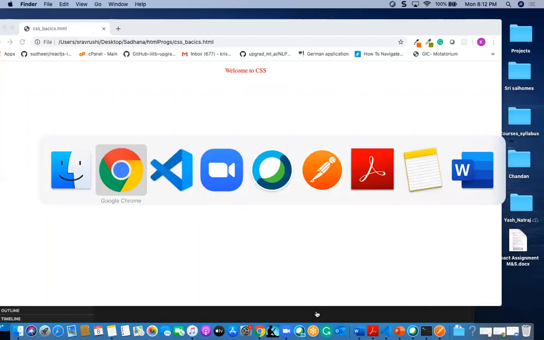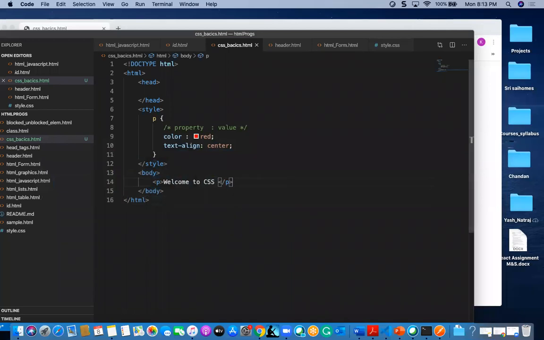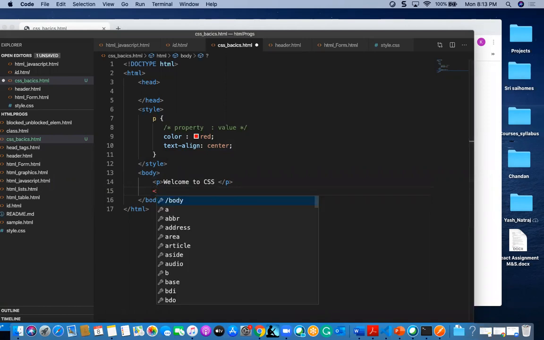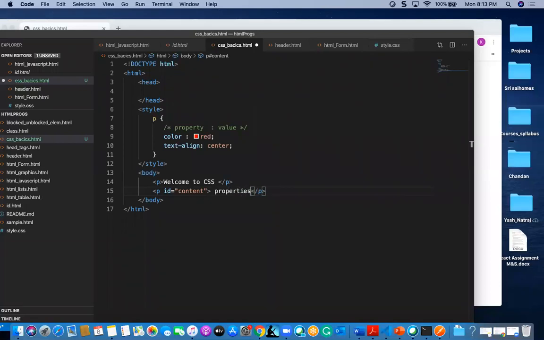For example, if we are giving some ID parameter, I have a para, but it is having some ID parameter, like para one, with some kind of content, and properties, and the values given like this.